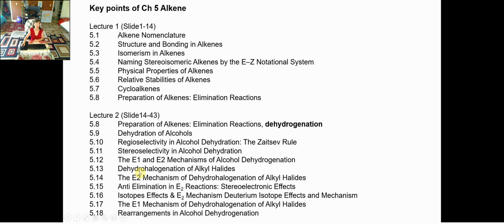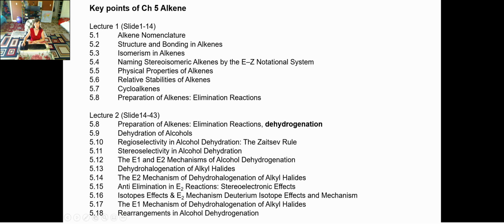And then, as we mentioned, you have dehydrohalogenation of your alkyl halides related to E1 and E2 different eliminations, and we are going to do a little bit of comparison of E1 and E2. And also the very last topic is related to rearrangement of the different types of carbocation. If you have a primary carbocation, you may move in one of the methyl groups to convert it to secondary, or you may be involved in a hydride shift to go from primary to secondary, and further maybe even convert it into a tertiary carbocation. That's called rearrangement of the different groups during the alcohol